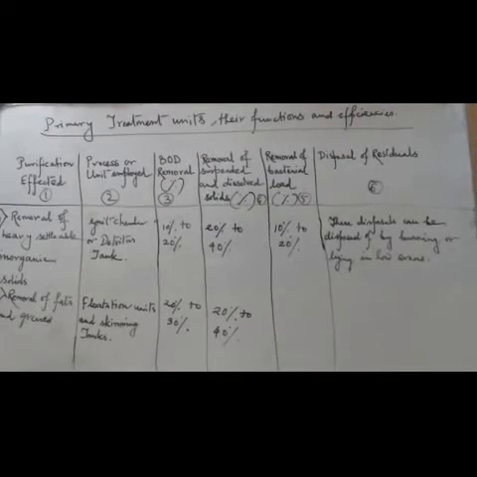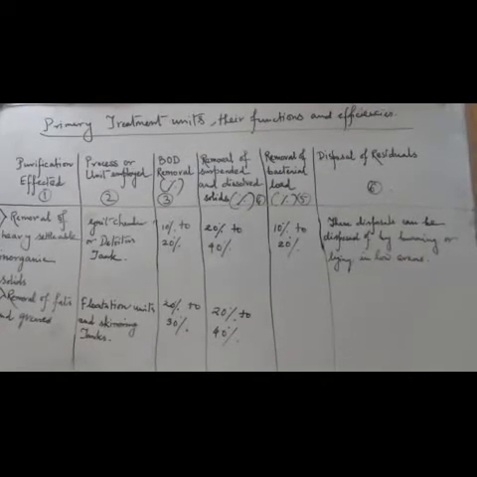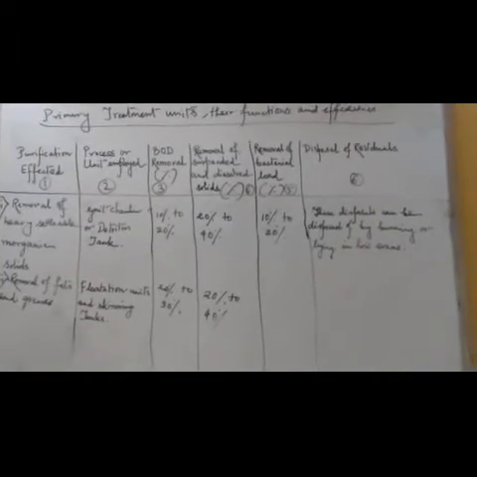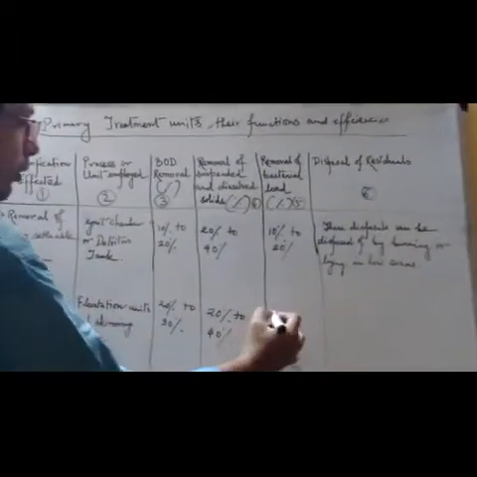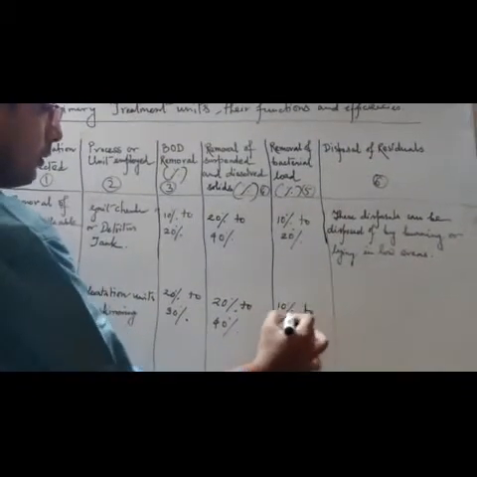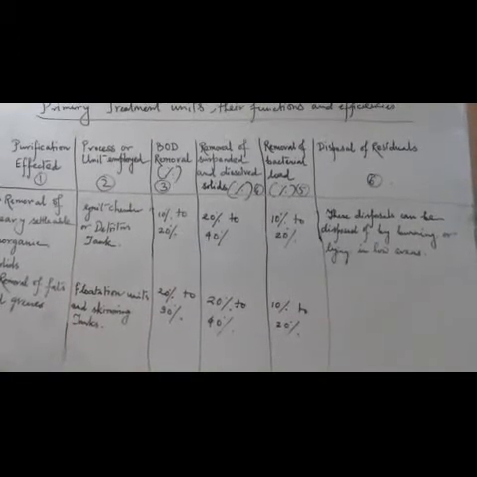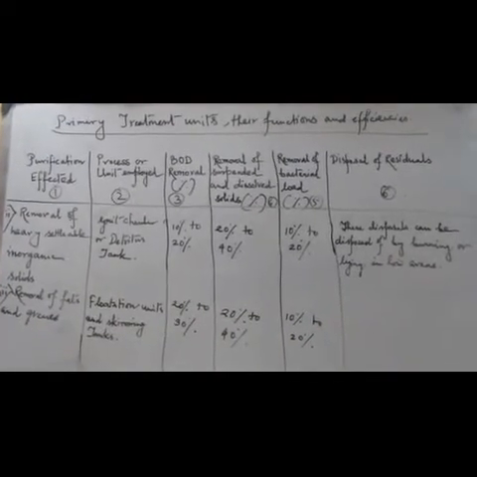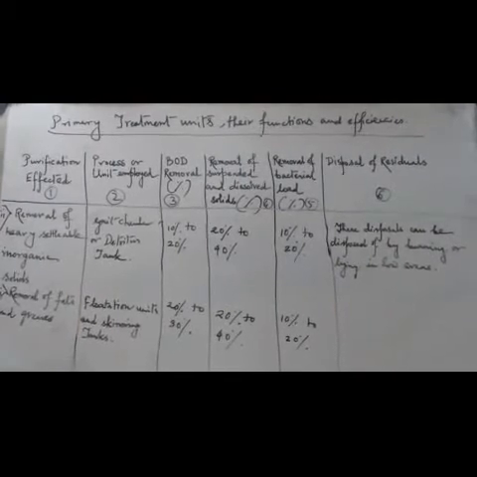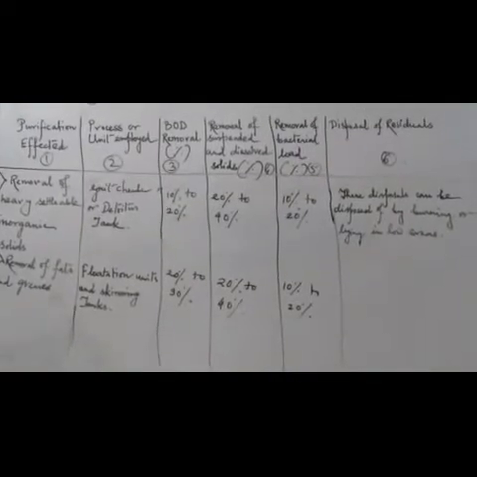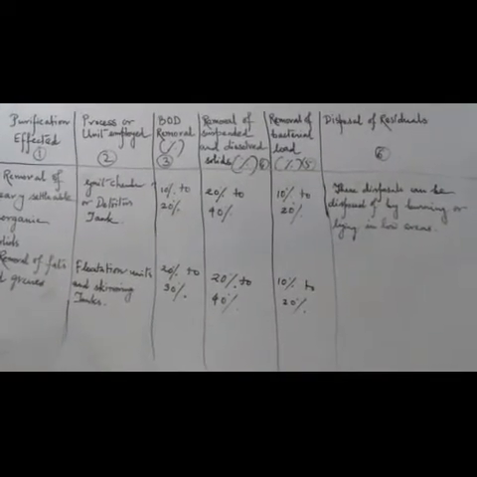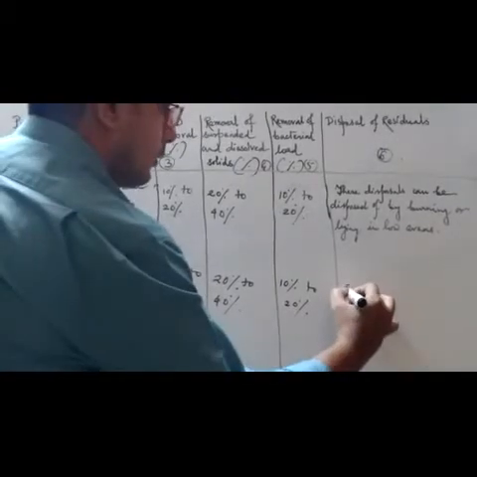And the bacterial load that can be removed is 10% to 20%, which is also equal to the previous one. And what are the residuals? The skimmings, being unstable volatile material, are disposed of by first stabilizing them in digestion tanks by anaerobic process. So please write down skimmings being unstable